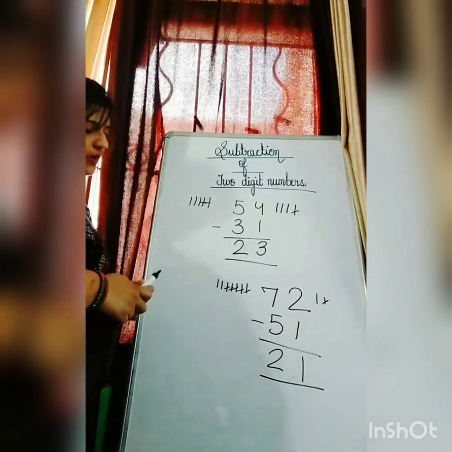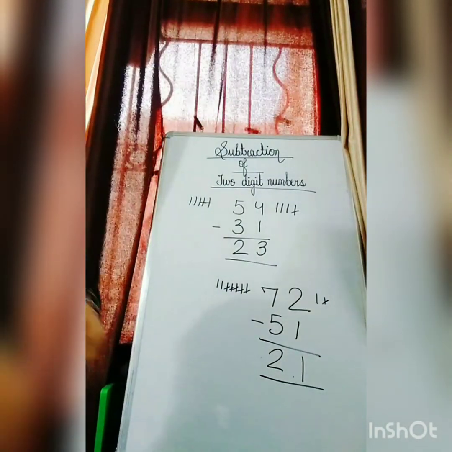This is all the way by which you can do 2-digit subtraction. Okay? Either by using your fingers or by using number lines. I hope you all have understood. Try to do the sums in the book which I have given you in the homework. Alright? And do the PDF which is uploaded in the eCare app.